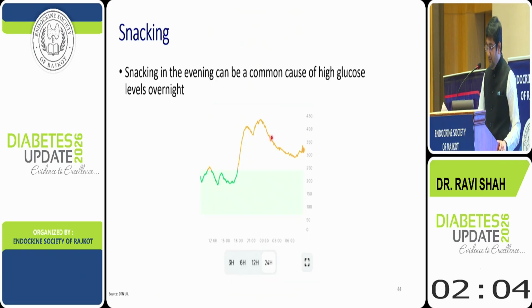So now this is one of my patients. The patient was on a stable dose of basal bolus insulin, but every time the patient's pre-lunch value was normal, pre-dinner value was very high, and we were increasing the dose of pre-lunch insulin. So we advise the patient to go for CGM, and of course you can do this with self-monitoring of blood glucose as well. You can ask the patient to check the blood glucose value before snacking, after snacking, but